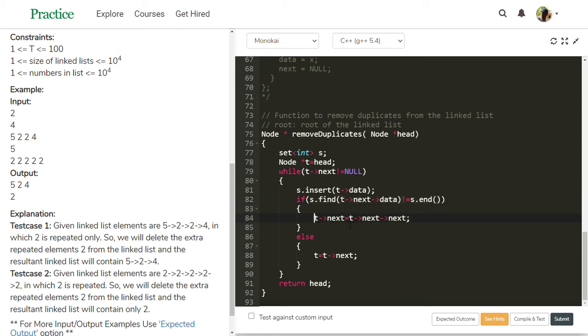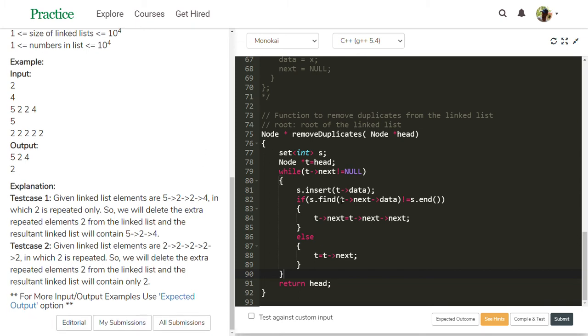In the same way, it is executed until t next becomes null. Then the while loop stops execution and returns head. So in this case, these are all removed. This t next value is null. So the output is only 2.